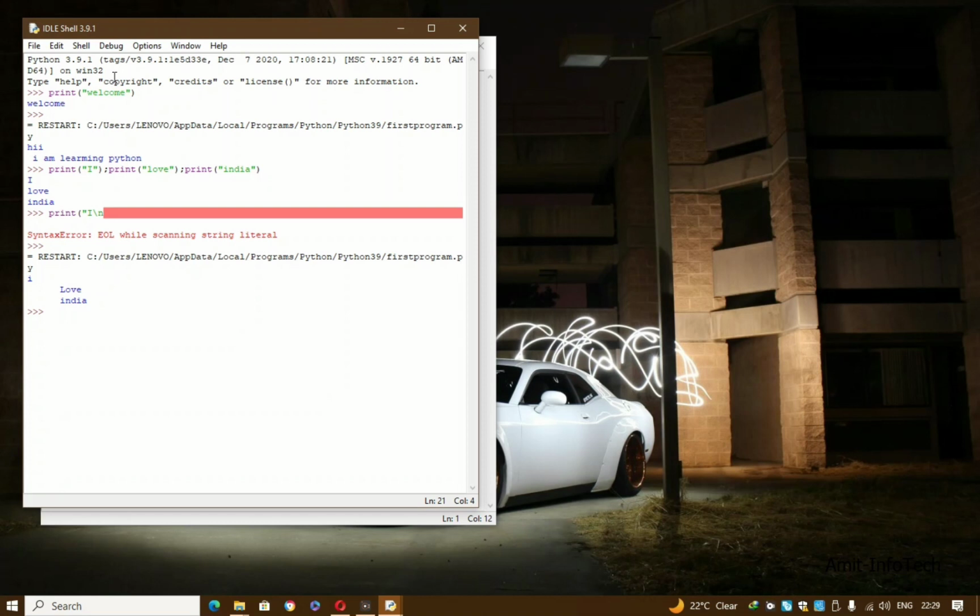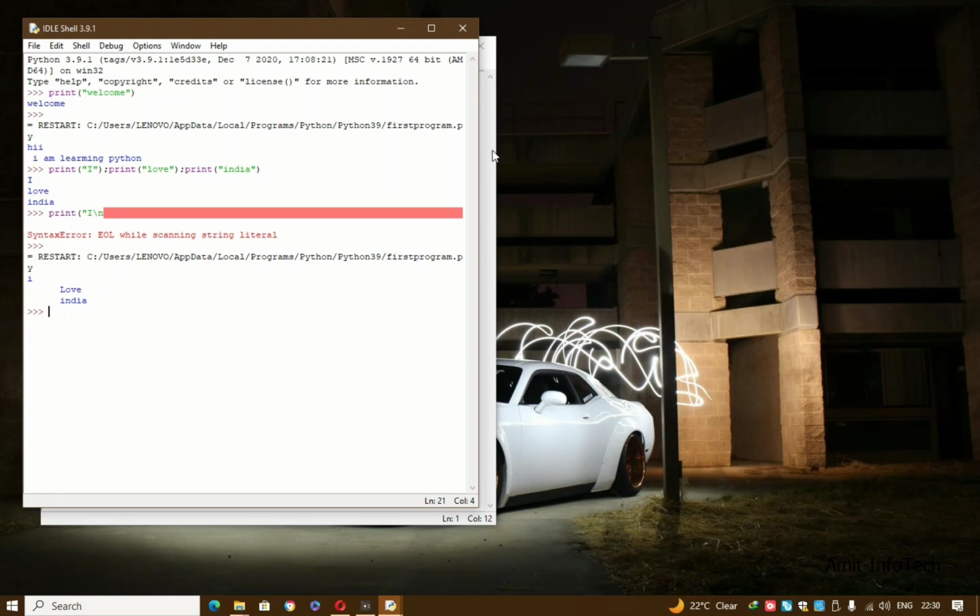In the above statements, backslash n is the newline escape sequence character, which is used to display the following string on the next line, and the backslash at the end of the line is used to indicate that a statement continues onto more than one line.